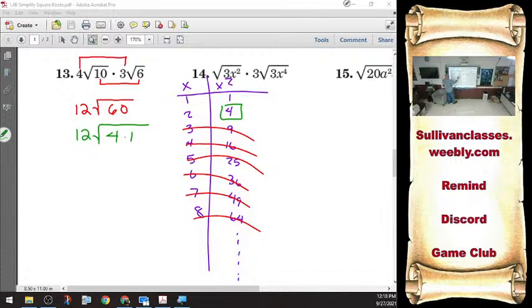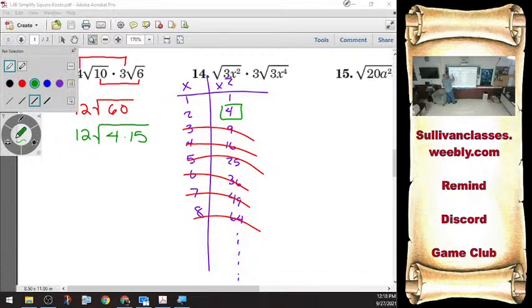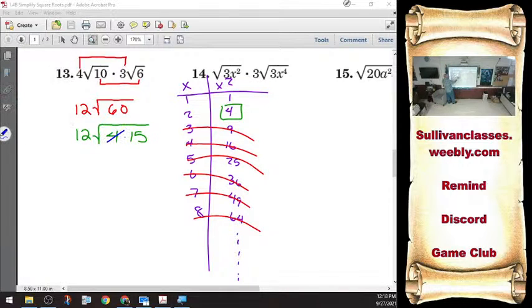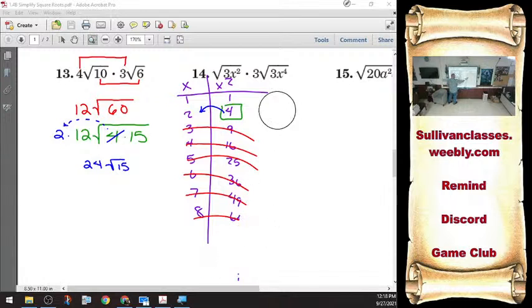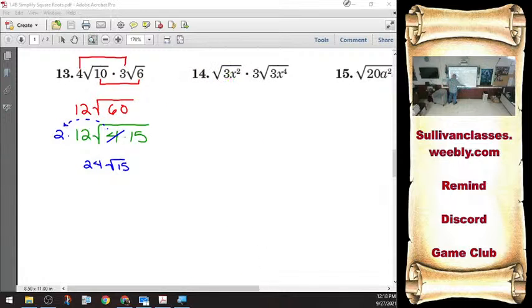15. And the square root of 4 is 2. And what's outside of radical land stays outside of radical land. They all jam together. So I'll multiply those two together and call it 24 square root of 15. This is one way to do it. If you know your perfect squares, if you don't mind pressing a lot of buttons on your calculator,